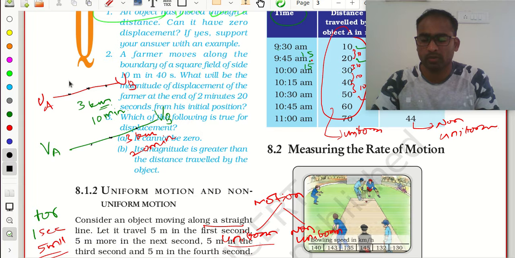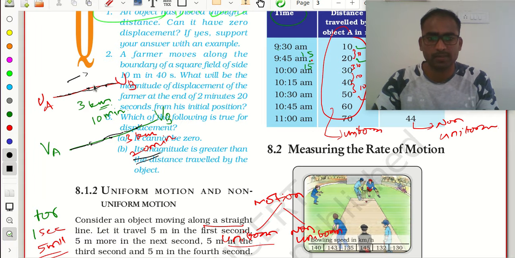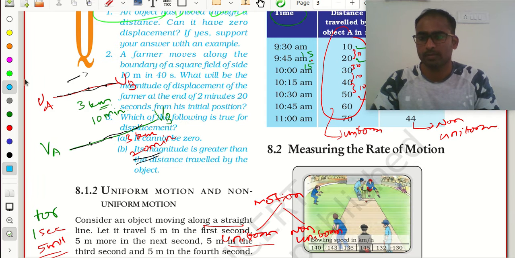Okay. Here we don't have any traffic. Here we are having some traffic. And he crosses in 20 minutes, and he will increase his speed. Okay. Then reduce, increase and reduce. And here he will come at some constant speed only. He won't change his speed. Okay. So here, which is uniform, which is non-uniform? Tell me.